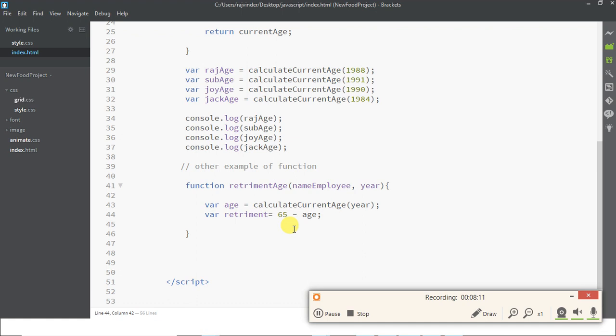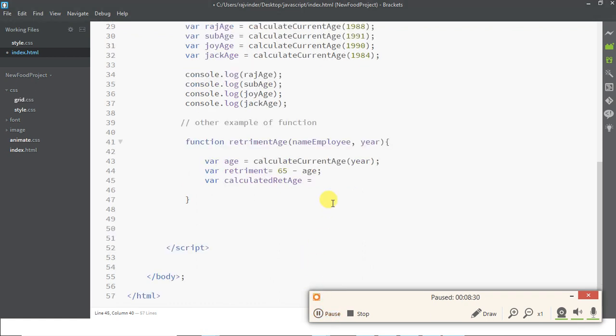I'm storing this data in a variable, var calculated retirement age is equal to. Now I put a variable, var calculate retirement age, and I put this variable, employee name plus